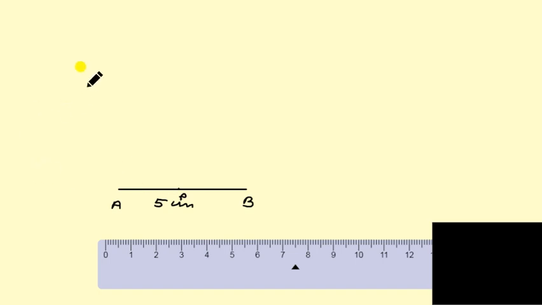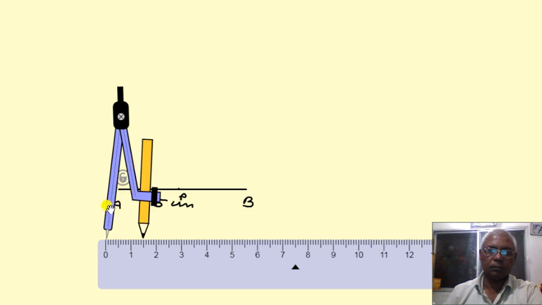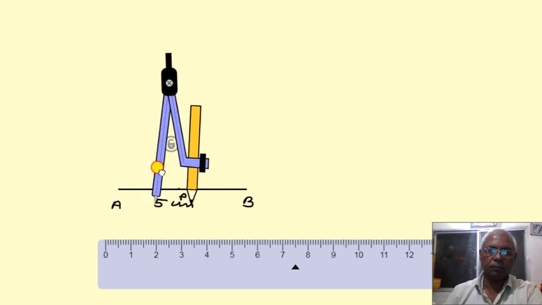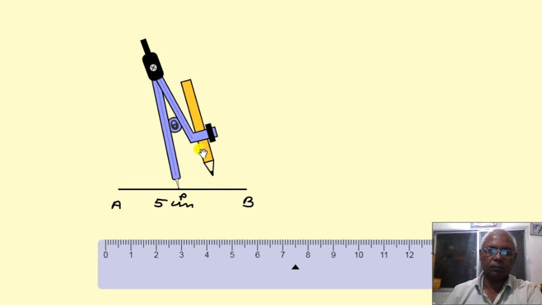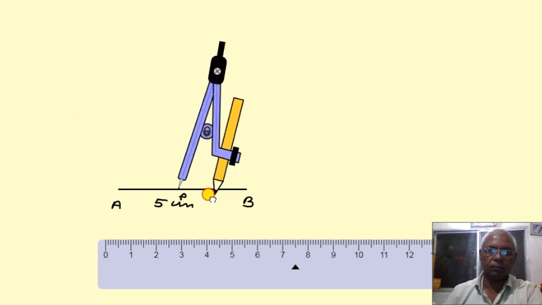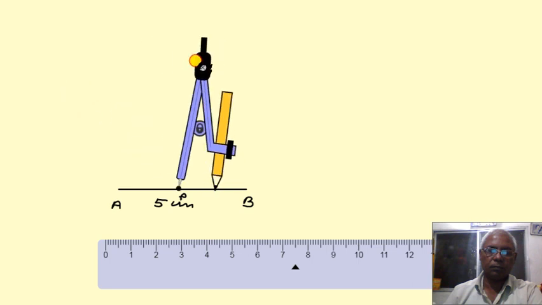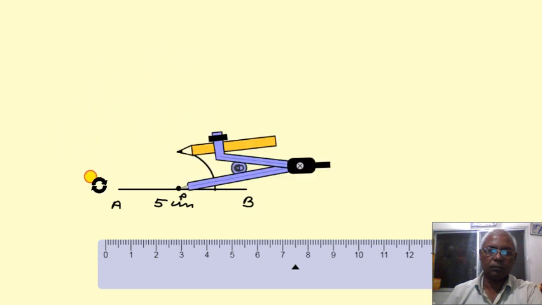You can draw this with the help of a compass. Take a distance of 1.5 centimeters in your compass and make a 90 degree angle at point P. Let us see how to do this. It is very simple. You can draw with the help of the compass like this.